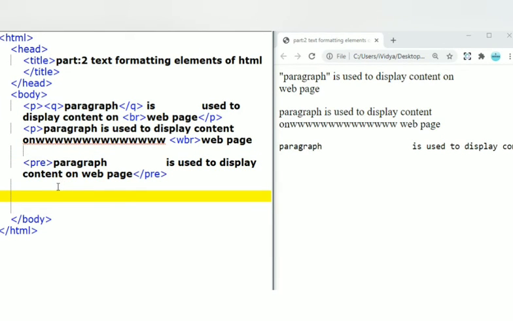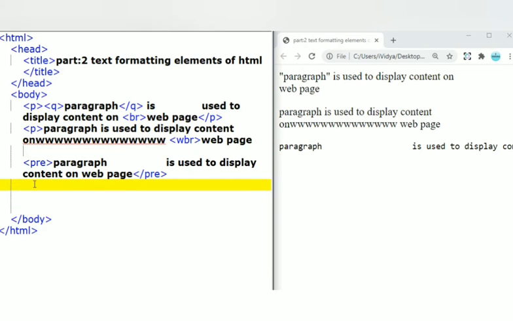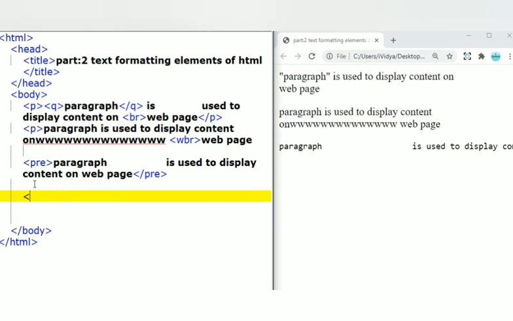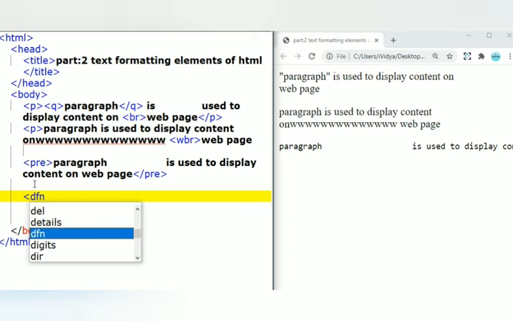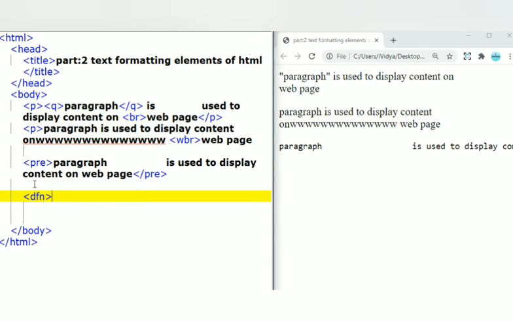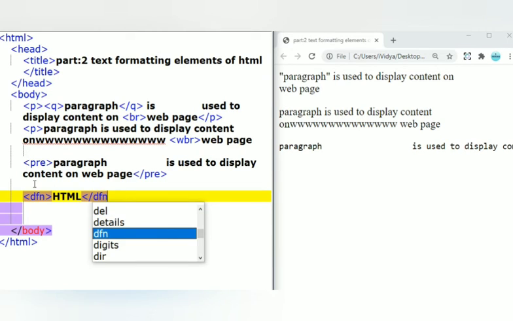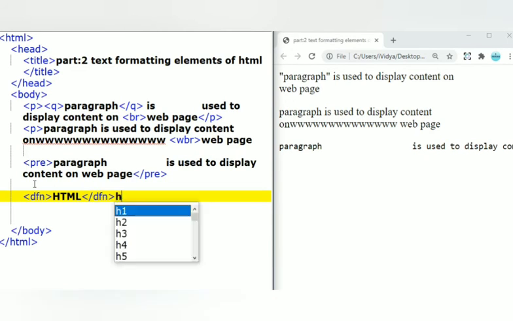If you want to define something, you can use the DFN tag. Let's see how the DFN tag works. DFN, and here we can write about HTML. Now I'm going to define the HTML tag.